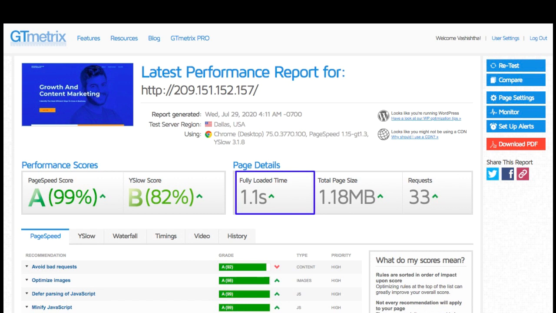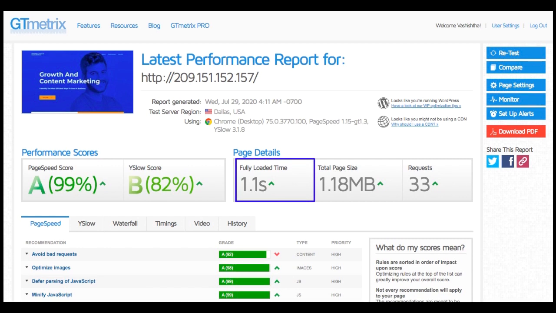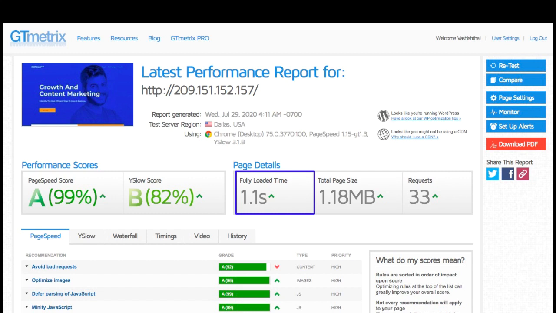As you can see, the page size is 1.18 MB and it's loading in less than 1.1 seconds. While I have not done too much in the performance optimization, we can also see a lot of improvements that we can do in the image compression and so on. So you can explore more caching options, more optimization. That's up to you. You can optimize it further and get much better scores.